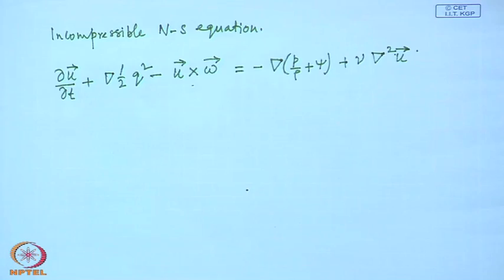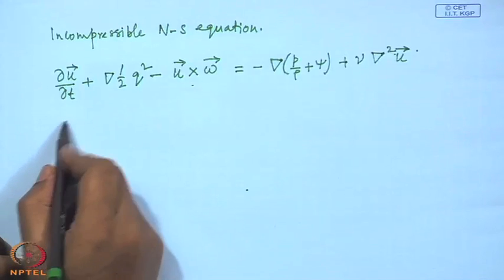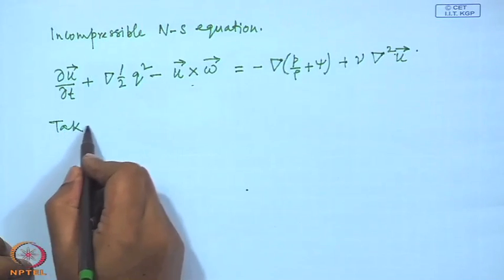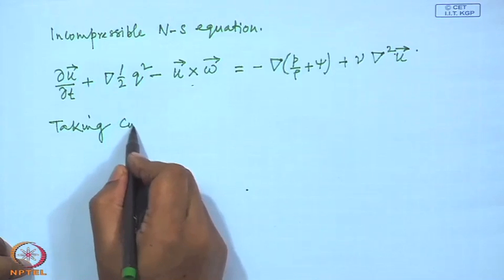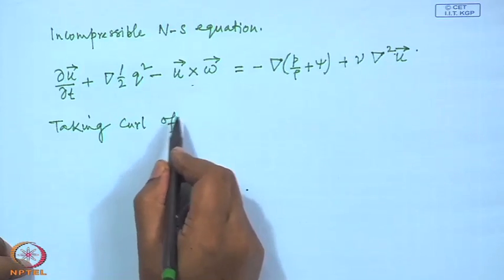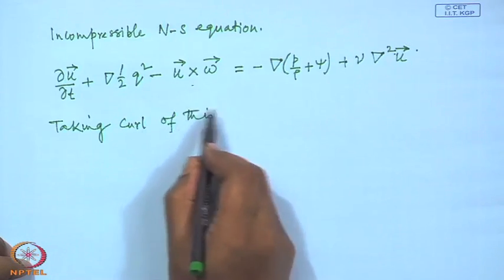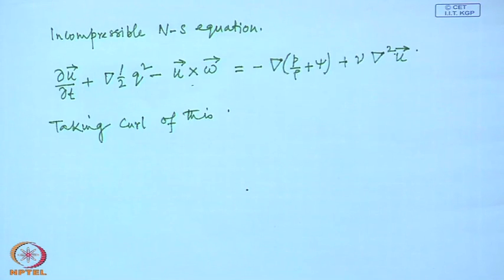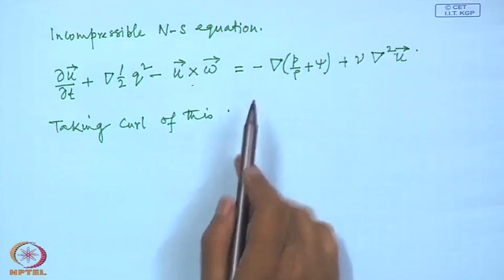Now, let us take a curl of this equation. If we take a curl of this equation, what do we get? If you find it inconvenient to take the curl of this equation, the alternative is you have to write the 3 components of this equation,